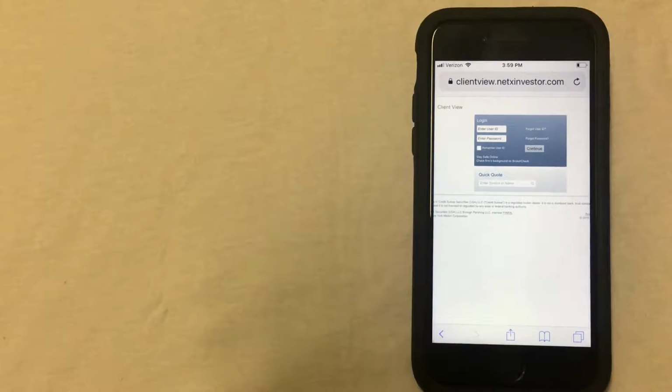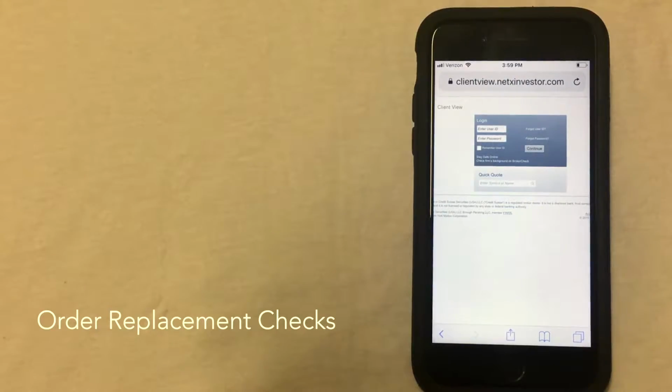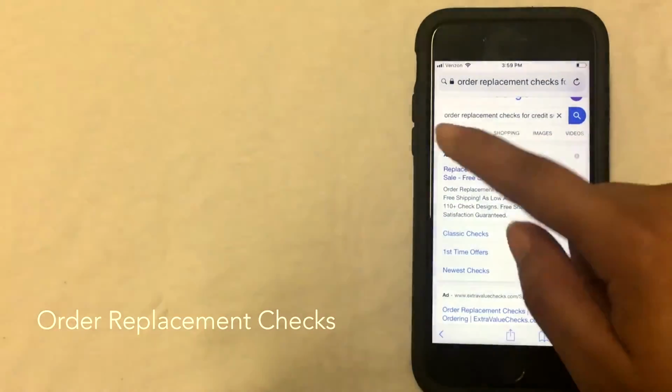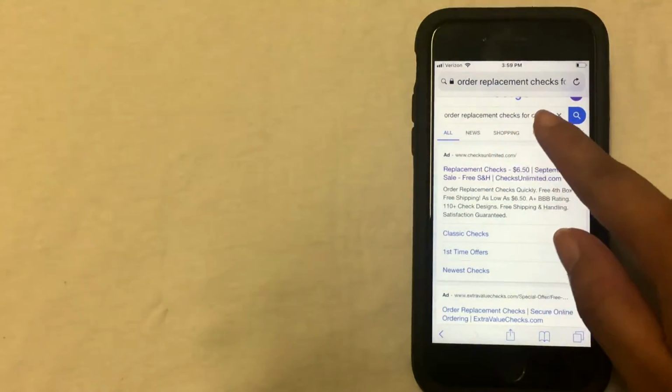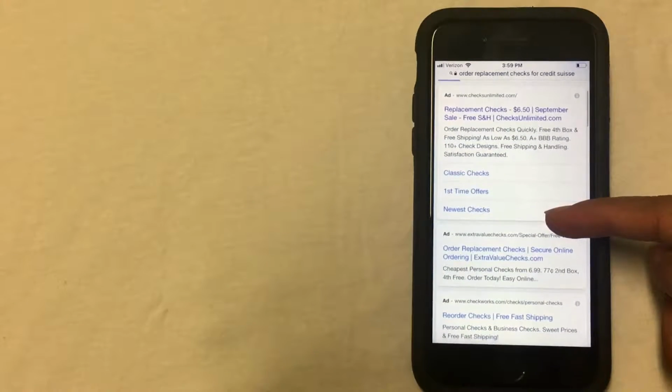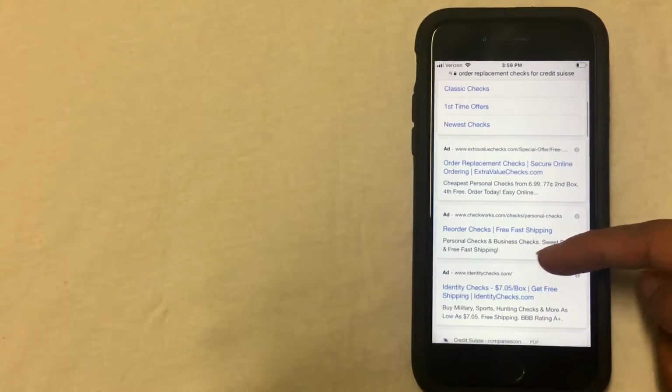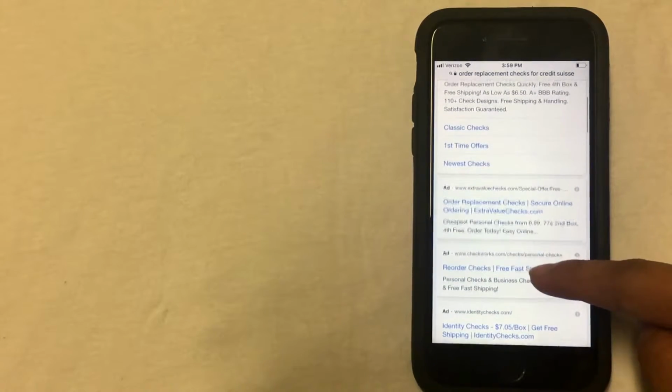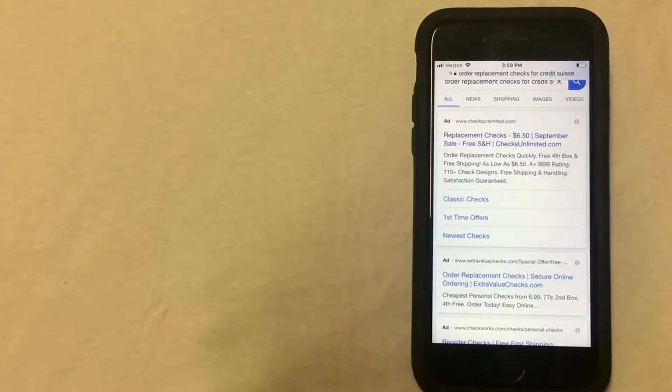The third and final way to order checks is going to be to go to google.com and do a search for order replacement checks for Credit Suisse Bank. I've already got this tab up, and I've already typed in the search bar order replacement checks for Credit Suisse Bank, and what this does is it brings up several third-party vendor websites that you can order checks from. You've got identity checks, CheckWorks, extra value checks, as a couple of examples of websites that you can order your checks from. I do want to let you know that prices and security features will vary when ordering checks online